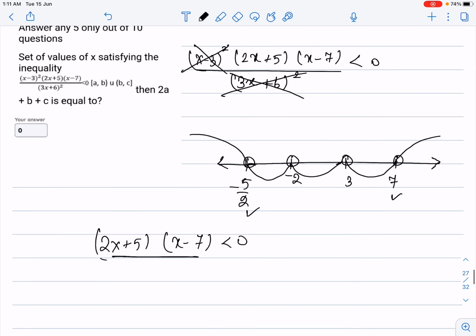So what is the final answer? It will be open minus 5 by 2 to minus 2 union minus 2 to 3 union